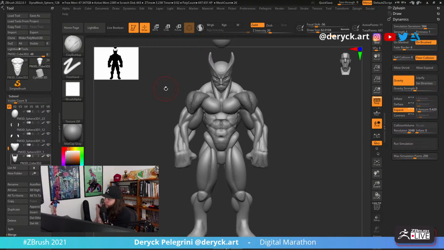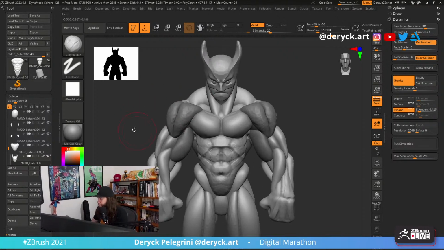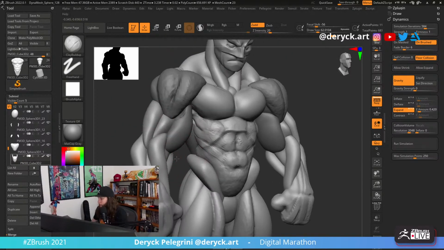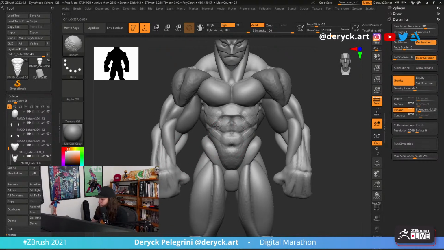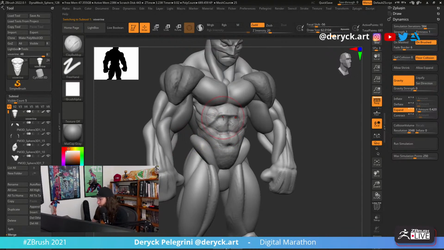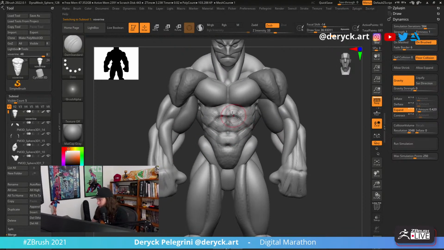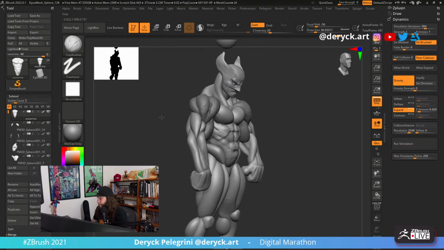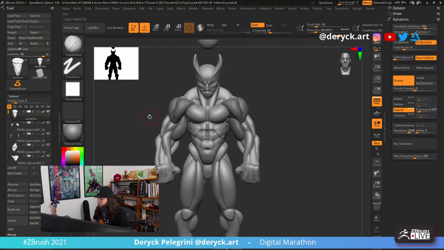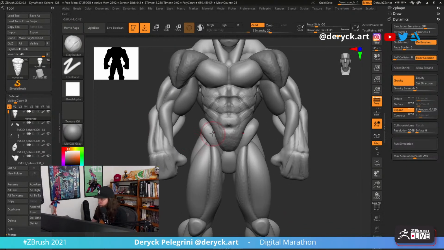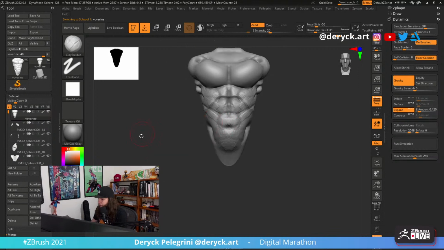Yeah, I reduced the size of his head again. So since now I have a little bit more information here, I think I can merge some parts together. This way will be easier for me to work.